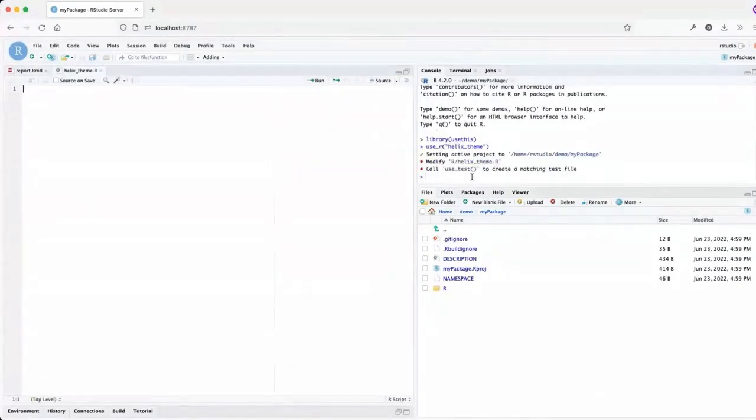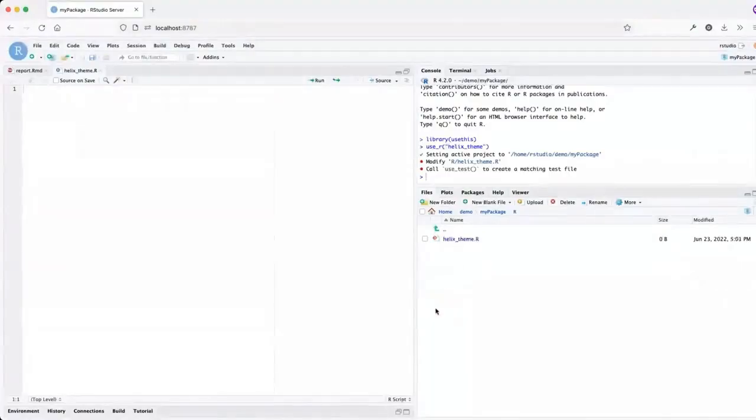So when you do that, you don't have to put .R. It looks like it adds .R onto it. Is that right? Yeah. So usethis knows what you mean, and it'll go into the R folder, create a file called helix_theme.R, and then it opens it up for you in RStudio, so you're ready to start working on it.